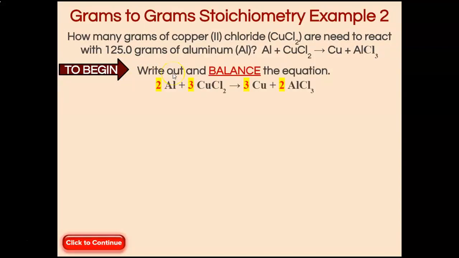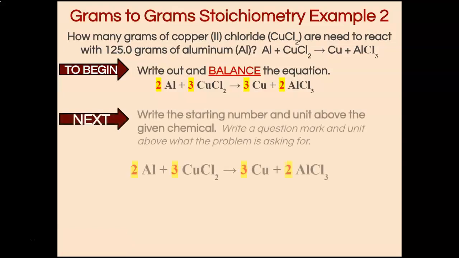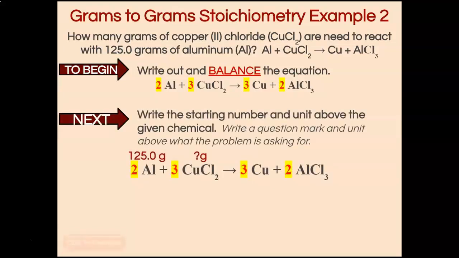So our balanced chemical equation has 2 moles of aluminum for every 3 moles of copper 2 chloride. It will produce 3 moles of copper and 2 moles of aluminum chloride. Always our first step is to write and balance our chemical equation. Next, we are going to write how much of our given amount we have above its formula in the equation. And we will write a question mark with the sought units, or what we're looking for, above the other formula